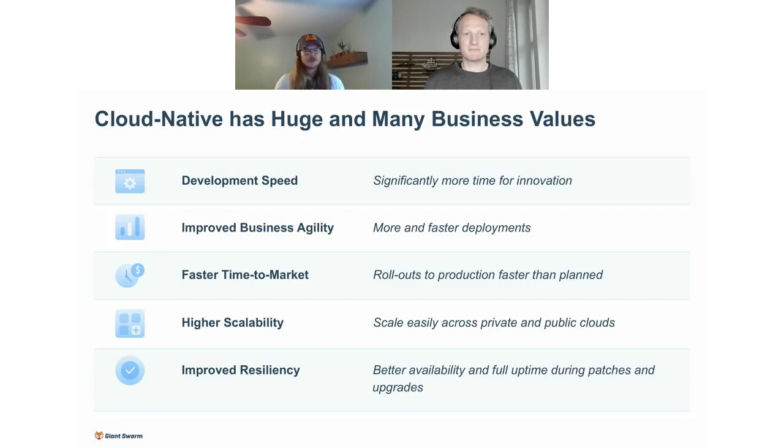So here are some of the most important ones we put together of why we would care about Kubernetes and the specific advantages of it. The first one, for a number of us who are in the code a lot day to day, is development speed. Basically, more time for innovation itself. Most of us on this call have probably changed one line in a piece of code, wanted to test it really fast, made our one change that took 30 seconds, and then had to sit there 20 minutes to wait for the build process just to see that it didn't work, change it one more time, and start the whole process over again.